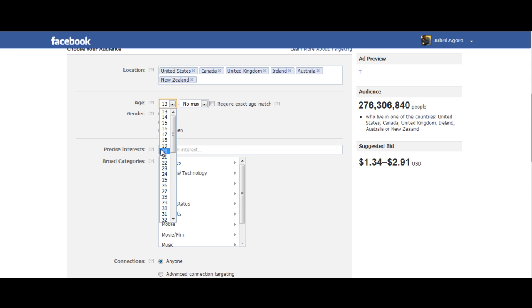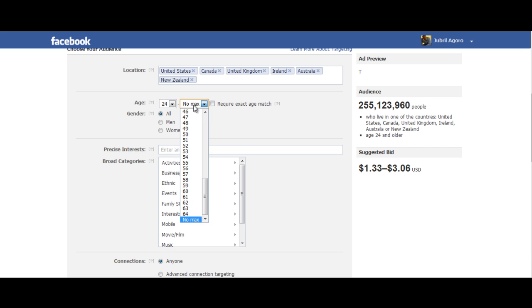And so for age, you want to make sure that you target your age ranges specific to the demographics that you want to target. For some businesses, you can target a broad range. But for me, I do like to target quite specifically. So for example, for this group, because it's kind of a higher end business model, I might put 24 to 34, or I might even go to 40. But we'll just do 24 to 34 to be really precise. And so your ad might connect with this group better than it does with the 35 to 45 people.